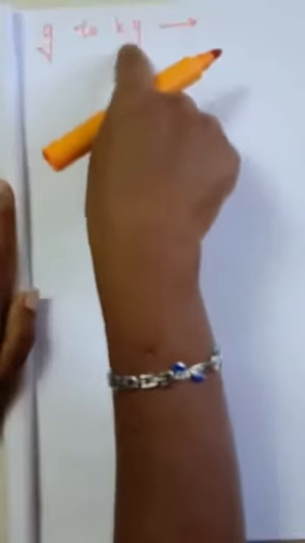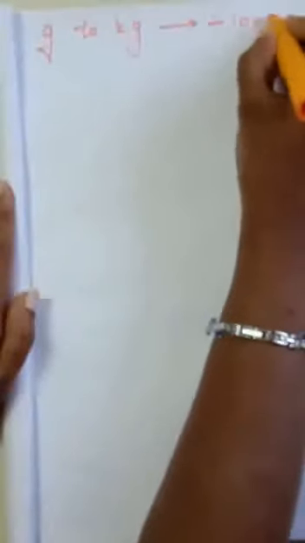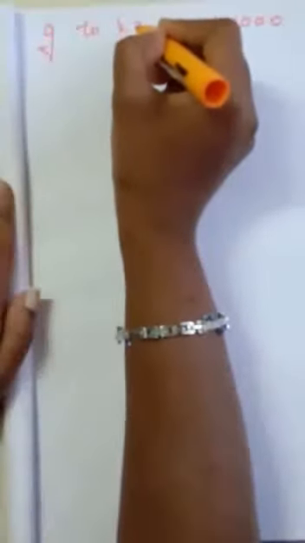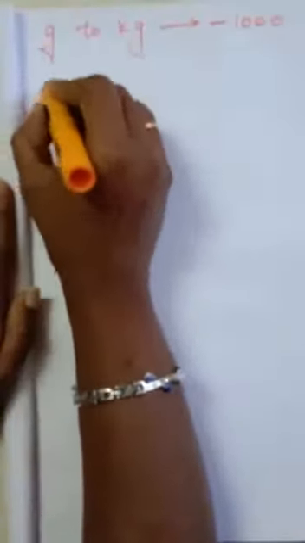Fine. Gram is a small quantity and kilogram is a large quantity, that is big quantity. If big quantity to small quantity we are supposed to multiply, the same way if it is small quantity to big quantity, what do we have to do? Divide. Absolutely right, very good. I hope you remember this, because the same thing we solved in measures of length, right? When a small quantity is given, if you want to convert that small quantity into a large quantity, absolutely for that we have to divide by 1000. Okay, fine.